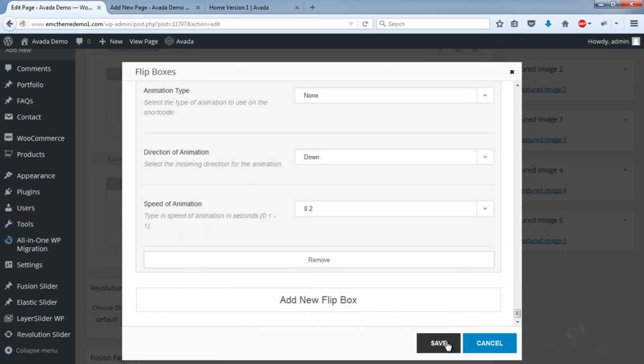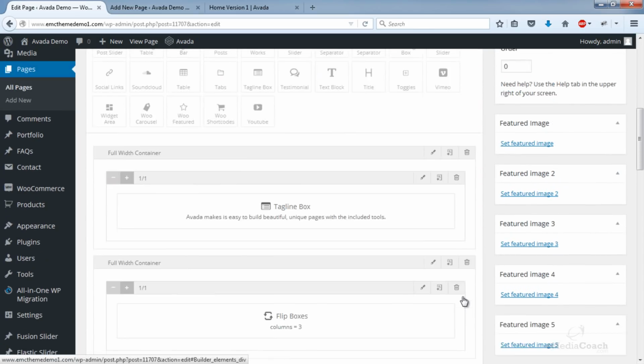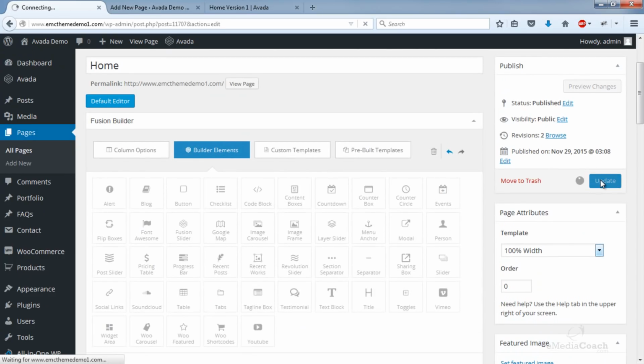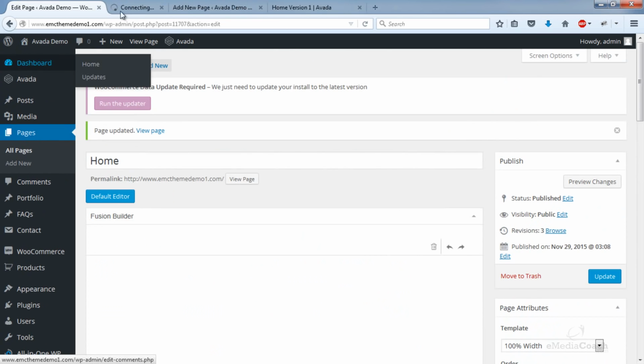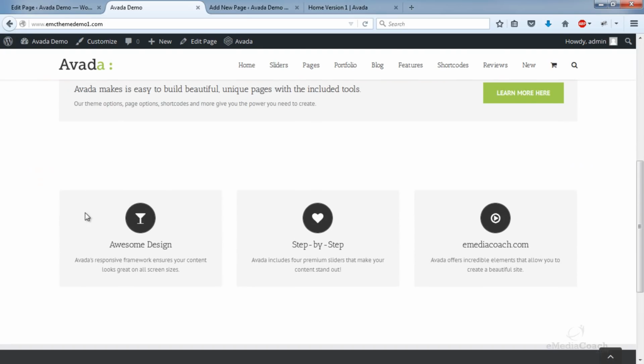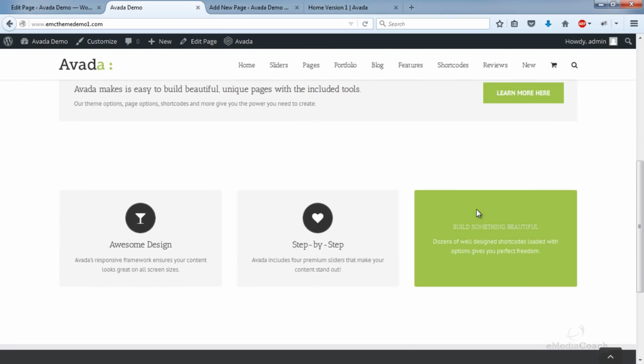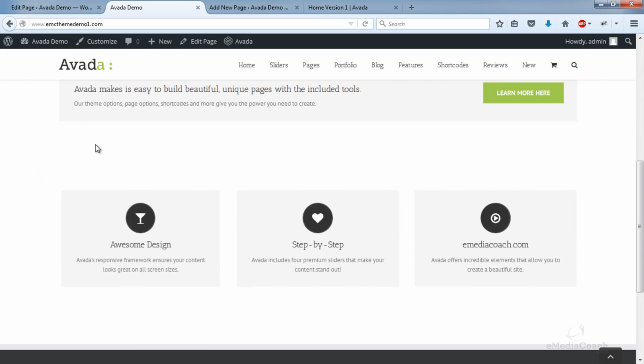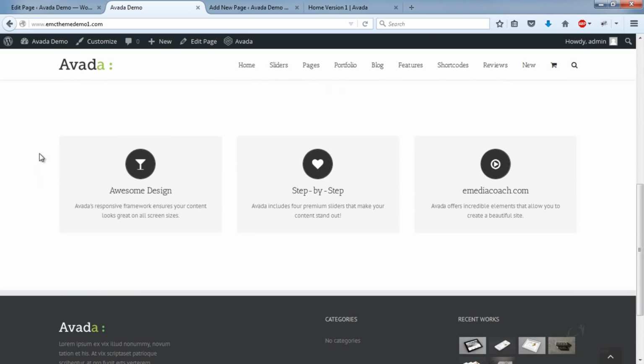Okay, so I'll save my actual home page and update the page, save the page itself, and then reload the site now to see what that looks like. Okay, good stuff. That's really, really good. So as you can see, you can use this new technique, if I can call it that, to set up pages and elements on the page so that you don't have to actually work from scratch. You can see what the demo or default content is and then use as much of that as you can as a guide.